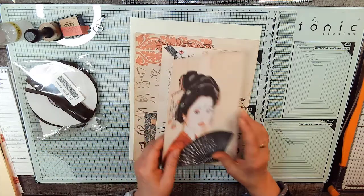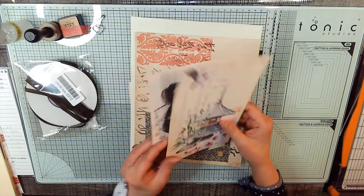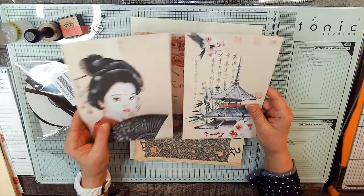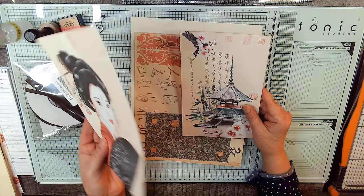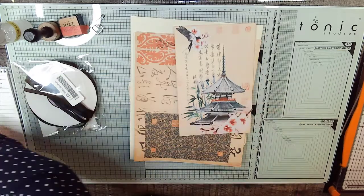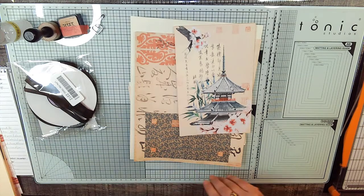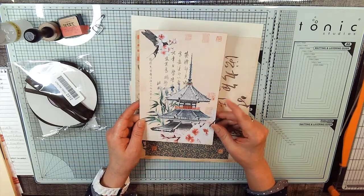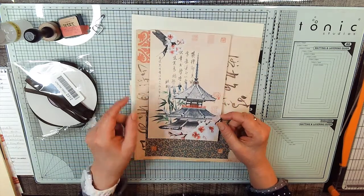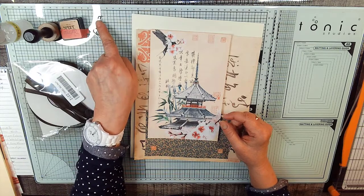This is the page that we're going to use, but this is the other half of the page, and it is so beautiful. I thought I would show it to you, but now it's going bye-bye. I can't talk today. Maybe I should have recorded this a different day. So this is the page that we're going to use, and I've already inked it with tea dye. We're going to need a charm and a bulb pin,